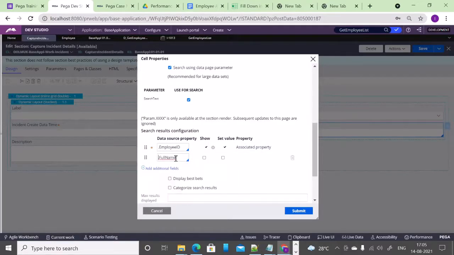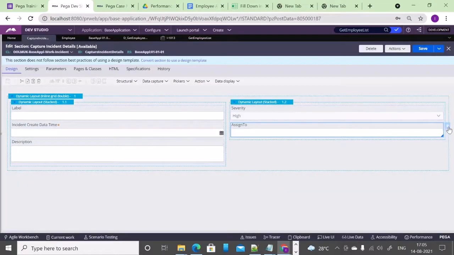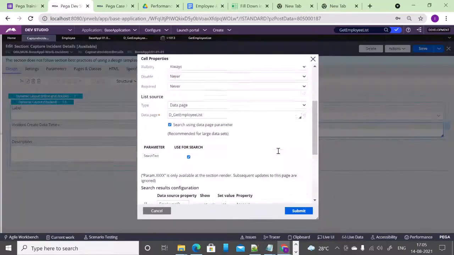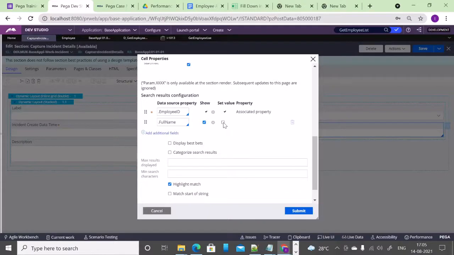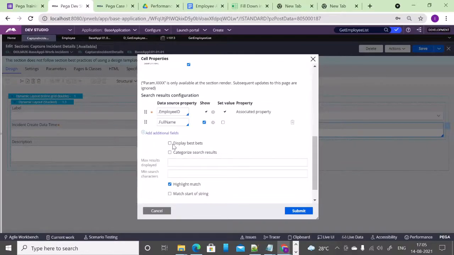Full name, so it will be shown. Don't set the value. Okay, it is passing it.